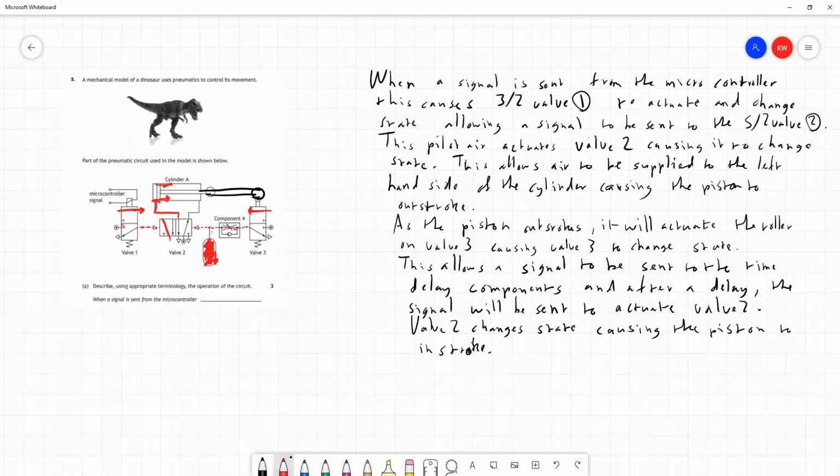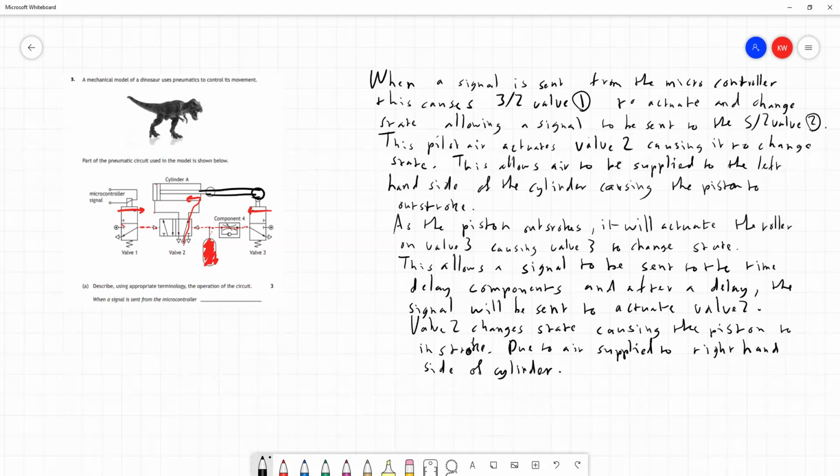So what happens at the end is the signal comes in here, and then we switch the valve over, so air is no longer coming in that side. We're back in our original position, so air can flow in here, and it will come in this way, and the piston will in-stroke again, taking us back to our starting point. So we could add, even say, due to air supplied to right hand side,